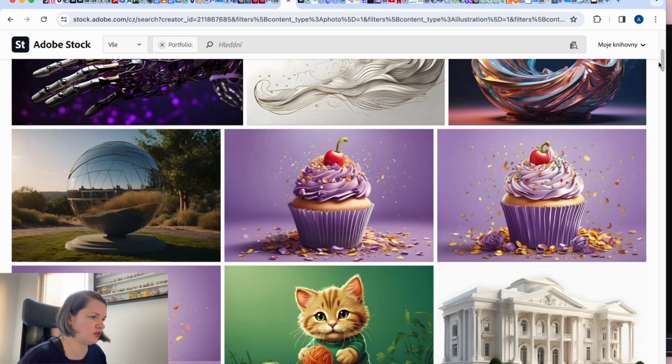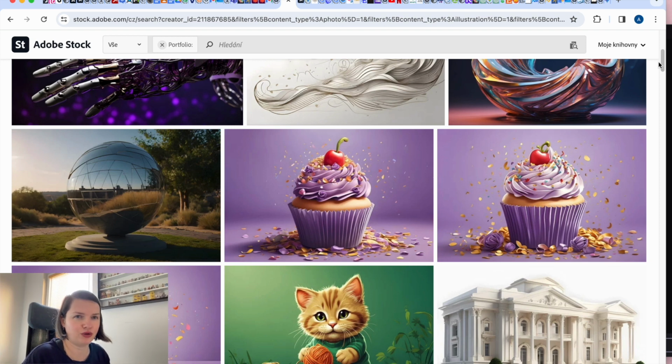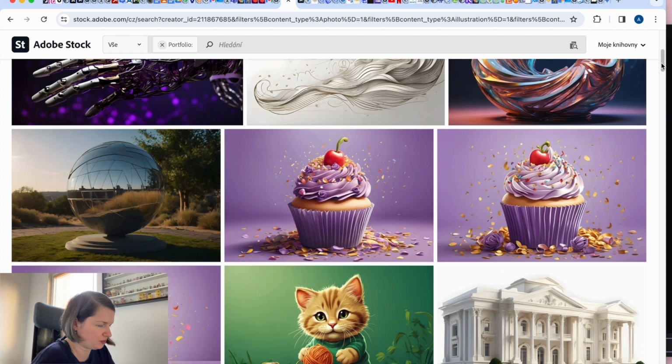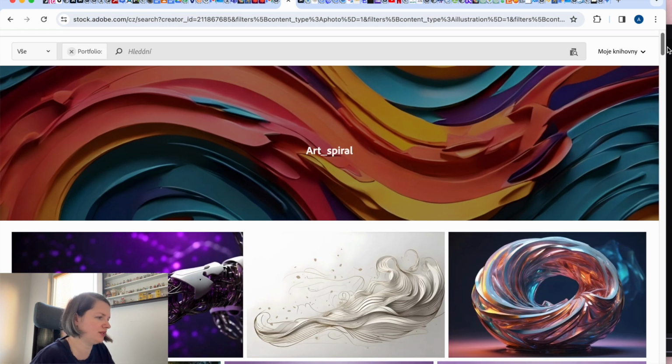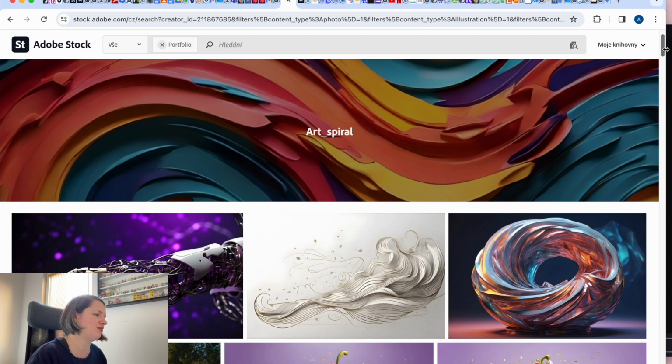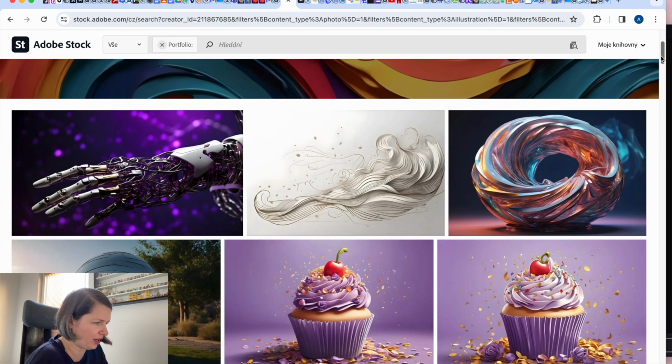So I would concentrate on the photorealistic images, and for those images you need your generator to produce work that will really look like real photos and have good quality and not a lot of glitches. All right, so these are my first general observations. I would not concentrate too much on the illustrations. I would go more to the photorealistic stuff, and then let's look at some of the concrete images here